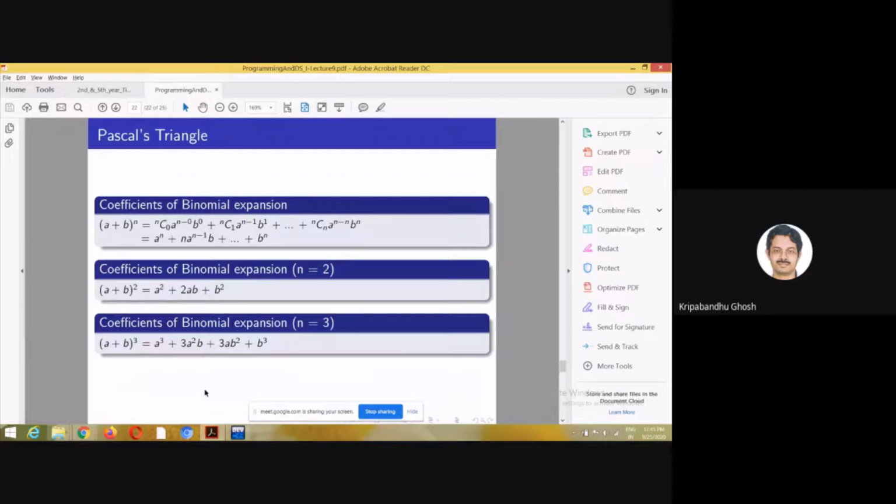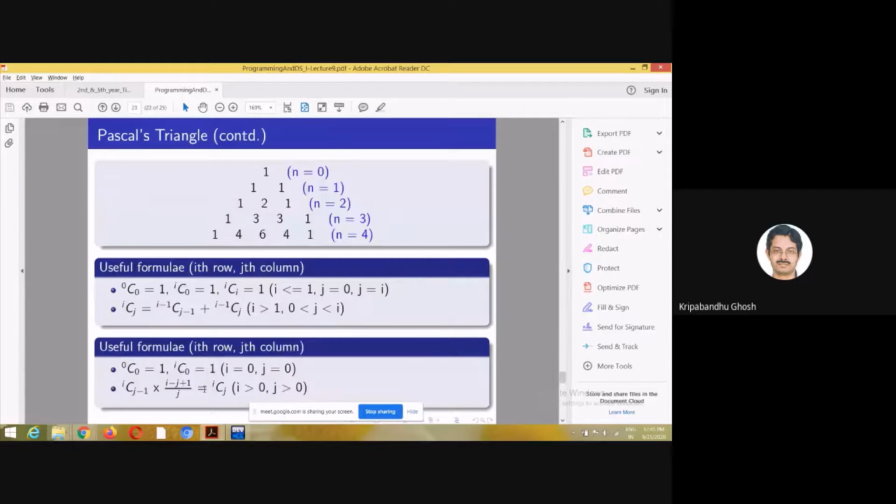Okay, so we have talked about a lot of patterns. I think you are aware of this pattern. This is the famous Pascal's triangle. I think you have done it before. So let's go over it because it is a very interesting example. The pattern is 1, 1 1, 1 2 1, 1 3 3 1, 1 4 6 4 1. This will go on and on.